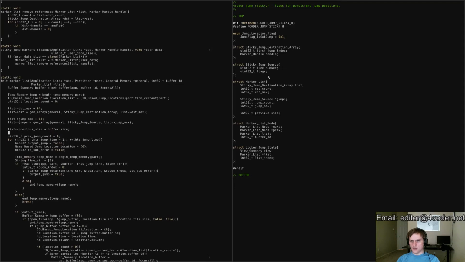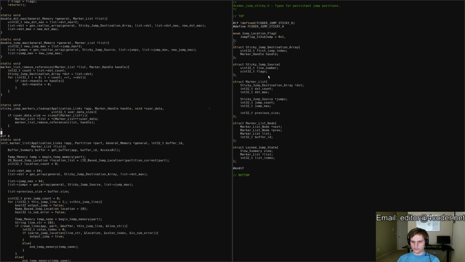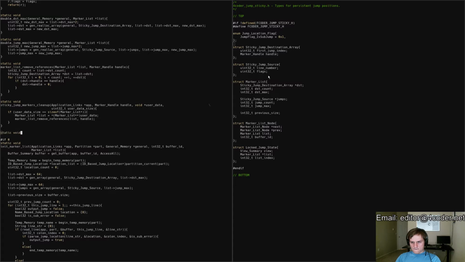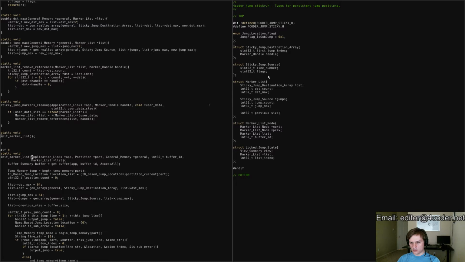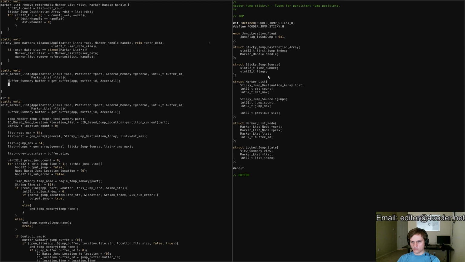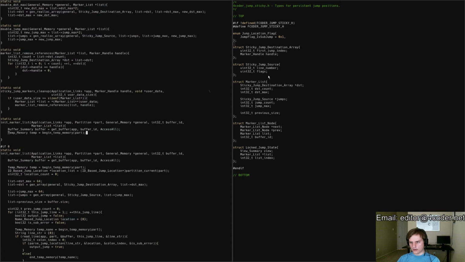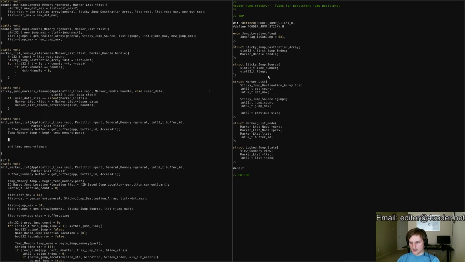So let me imagine trying to actually write that out. If I try to do this without changing the API at all, then here's what we've got. We're initializing this list. We're going to have a temp memory. That's about as far as I'm willing to clone the stuff from below. Because the next thing I need is a